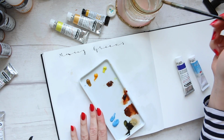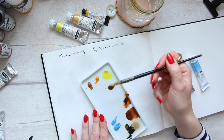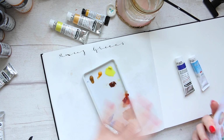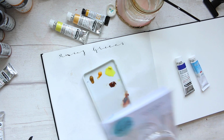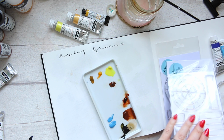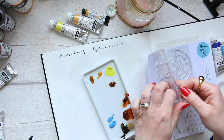Okay, so to begin with, let's just do a little swatch of the original colors. So here's our lemon yellow. I just realized something. I was going to just do kind of free-handed swatches, but I do like how things look when they're swatched out within a certain perimeter. So I will be using this